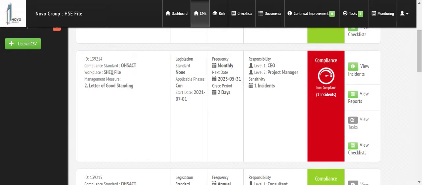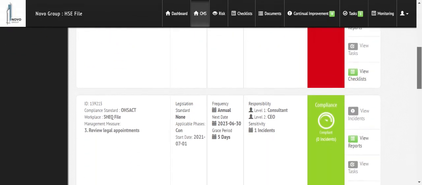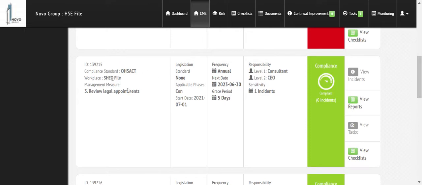It was monthly. We changed it to yearly. Actually, I need to change that to yearly. It used to be monthly because they paid monthly, and then they caught up with their payments, and it became yearly. So I just need to change that. But the system will notify the user, listen, you need to update your letter of good standing on the 31st of May next year. Here you can see legal appointments that need to be updated